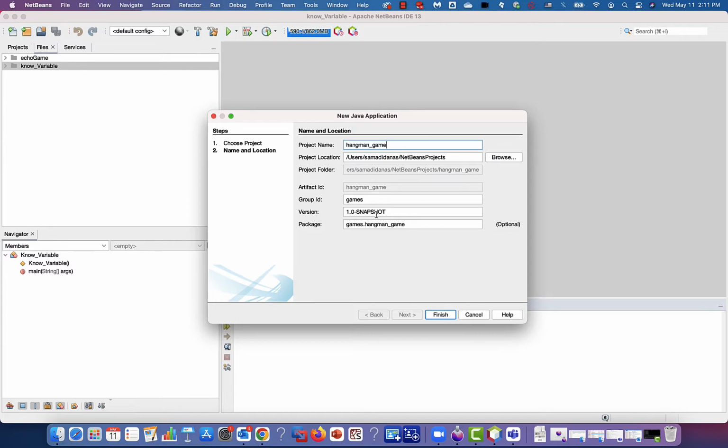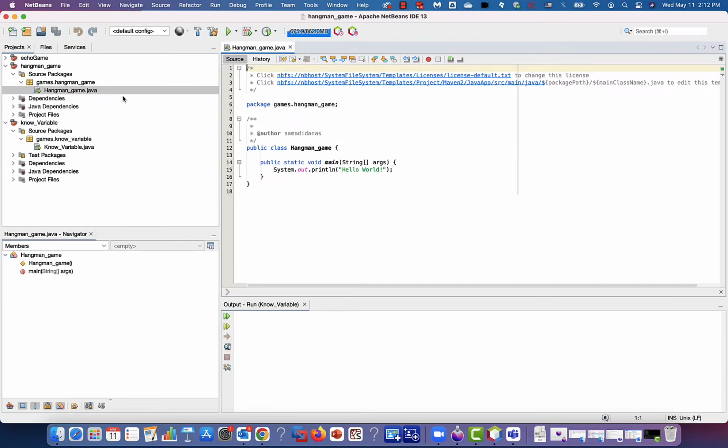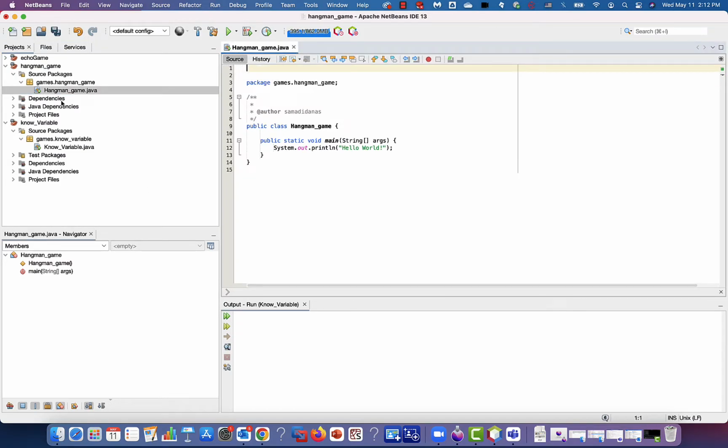I'm going to put the version, and the package should be the default, whatever it is. And again, you can just browse for the project location. For me, it is the default place, and I'm going to stick with that one. So pressing finish, the project is created for me, and I have the main class, which is the Hangman game,